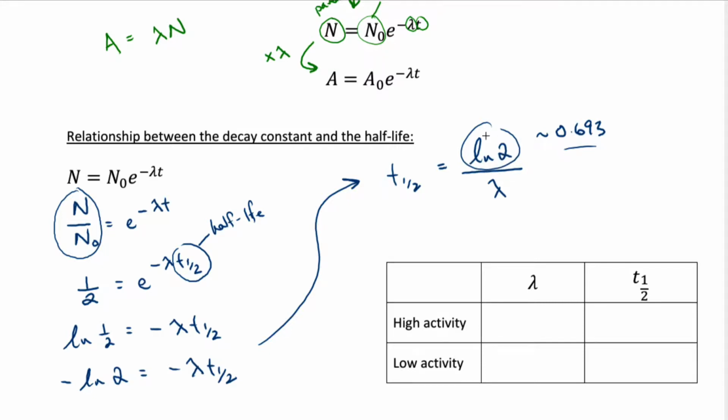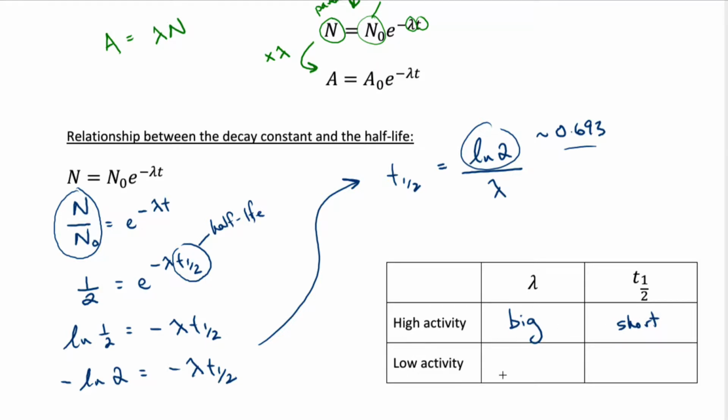So this is a number divided by the decay constant. A big decay constant, meaning a high probability per unit time that any nucleus will decay, results in a short half-life. And that's going to give you a high activity for a given number of nuclei. Now remember, it doesn't give you a high activity on its own. The activity is going to depend also on the number of nuclei. But for a given number of parent nuclei, a big decay constant or a short half-life is going to give